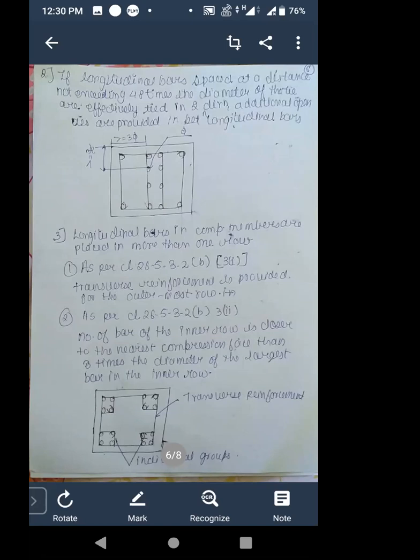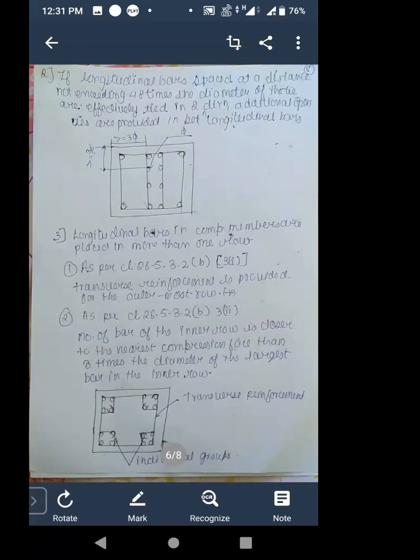Then, as per clause number 26.5.3.2(b)(1), the transverse reinforcement is provided for the outermost row. Only at the outermost row you have to provide the transverse reinforcement. And according to clause 26.5.3.2(b)(2), if the bars of the inner row are closer to the nearest compression face than three times the diameter of the largest bar in the inner row,